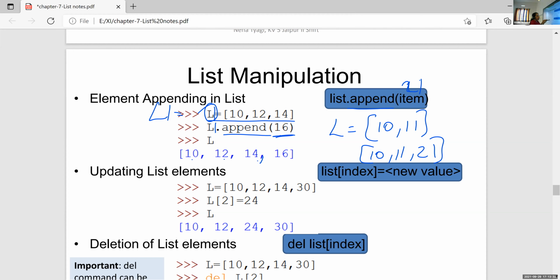If you want to add a value in between a list, then we use indexing. That is L of 2 is equal to 24. What is the meaning? Here L includes index 0, 1, 2, 3, that is 4 values.